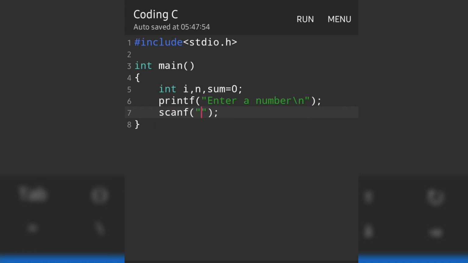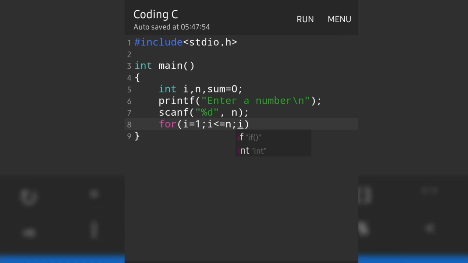Here we are going to write %d and we will store it in n. After that for loop, and here we will write I equal 1 semicolon, I less than equal to n semicolon, I plus plus,